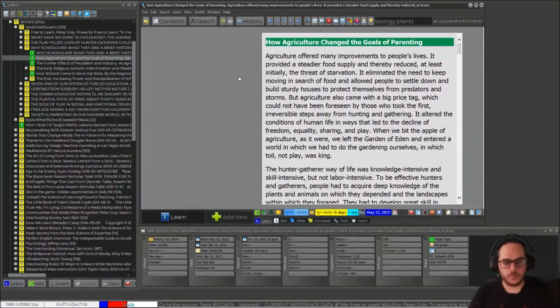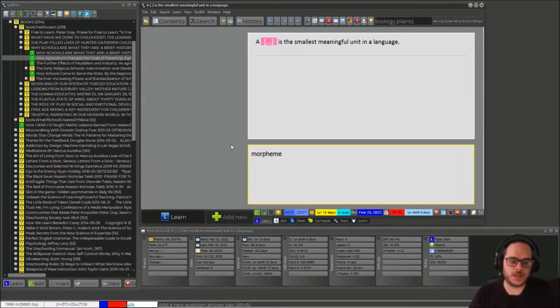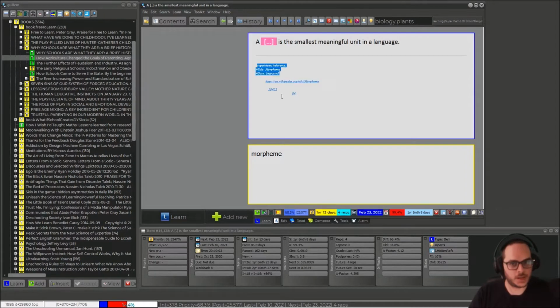Another example would be an item. So that's an item that I'm hiding the references. The reason for that is because what is being closed, it's the same as the name of the article. Usually I did that. I was selecting, okay, Morpheme from Wikipedia and so on.